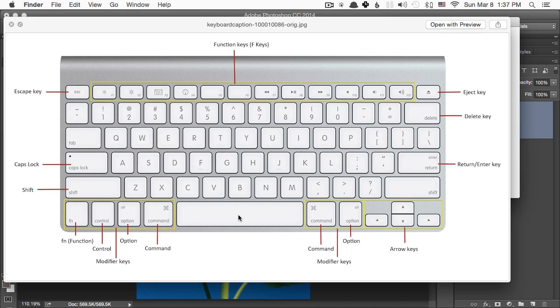So I just want to flag that the space bar allows you to pan, Command and plus zooms in, Command and minus zooms out, and Command and 0 fits to screen. So those are the major shortcut keys. I will be introducing many more later on, but knowing those eight or nine different keys right there puts you far above the rest of the crowd. All right,